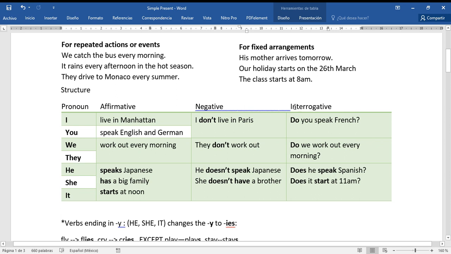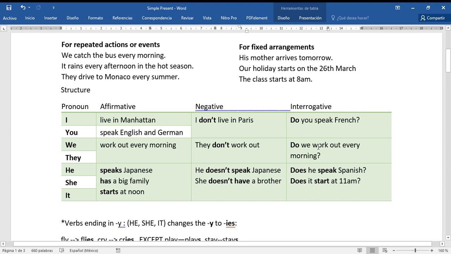Now, in the interrogative form, we use the same auxiliary, do. After do, we have to use the subject, who does the action, and then we have to use the verb in simple form. Example, do you speak French? Do we work out every morning? Do you live in Manhattan? The short answer for these questions is yes, I do, no, I don't, or yes, they do, no, they don't,